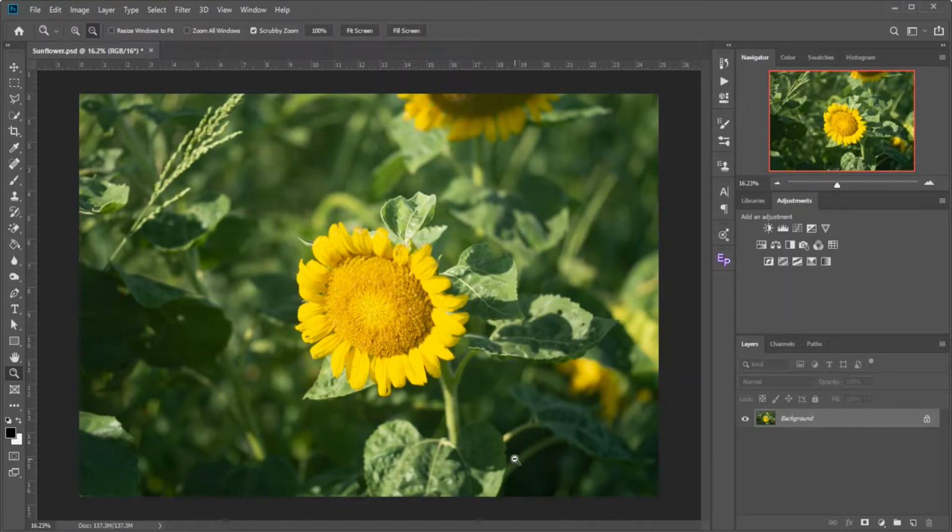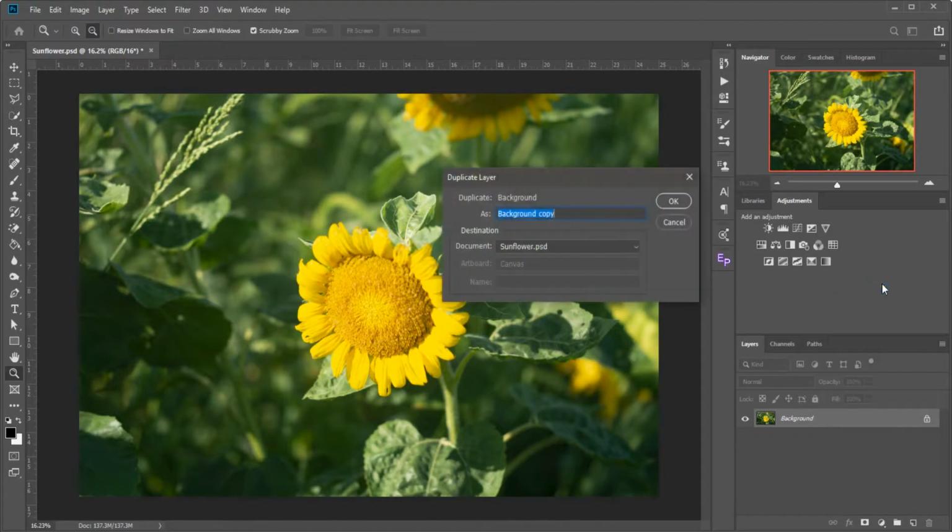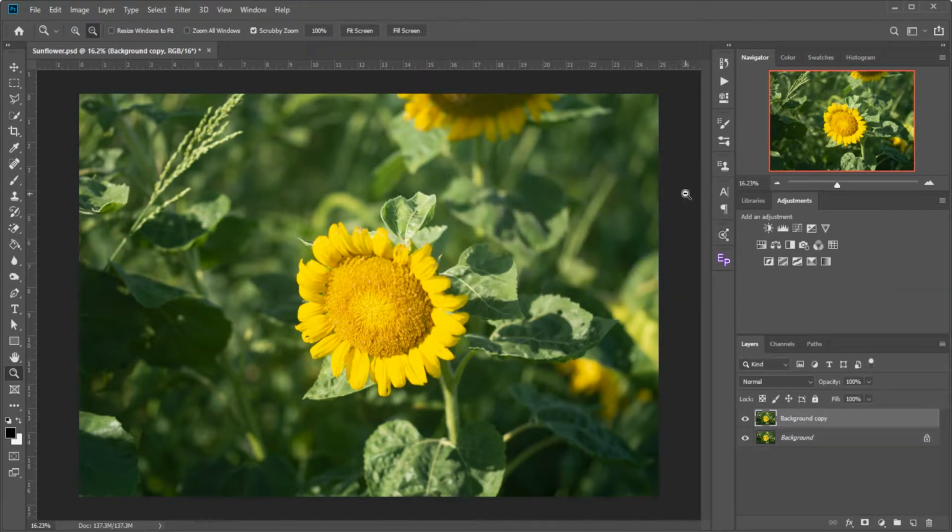And the first thing I want to do is create a duplicate layer so I don't work destructively on my background. And I do that by right-clicking in the Layers panel on the background layer and selecting Duplicate Layer and hit OK. Now I'll double click on the name and rename it to Sunflower. And I can hide my original background. So now any of the work that we do will be on this layer here, and it will be non-destructive